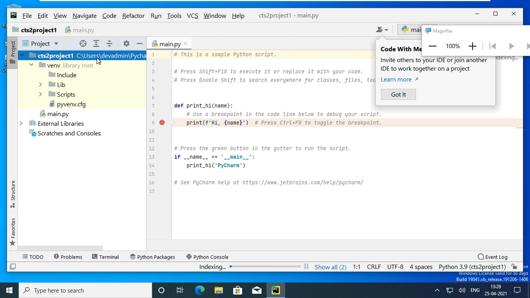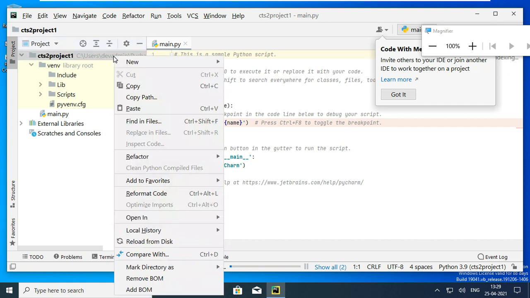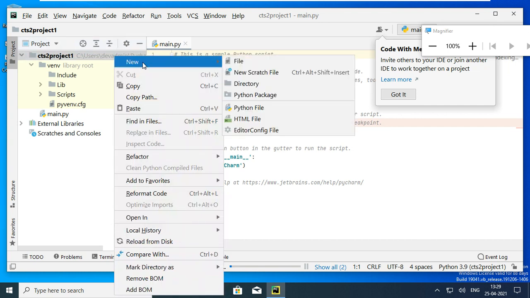Okay, sir. So this is my PyCharm. I want to create a new file here. It shows main.py. We don't worry about that one. It's taking too much time to do anything. Maybe we have to restart. So I'm going with this Python package, file, directory, new scratch file.